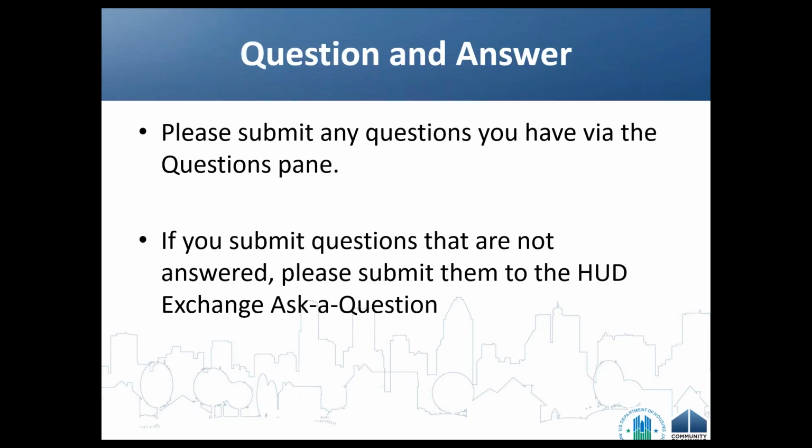The regional plan, this is a new designation in the eCon planning suite, and that is really just set up as a regional planning structure to be able to think about your consolidated plan needs at a regional level, but with each grantee involved in the regional plan responsible for managing their own HUD funds, while the consortium is a formal HOME consortium and is tied through that HOME program.